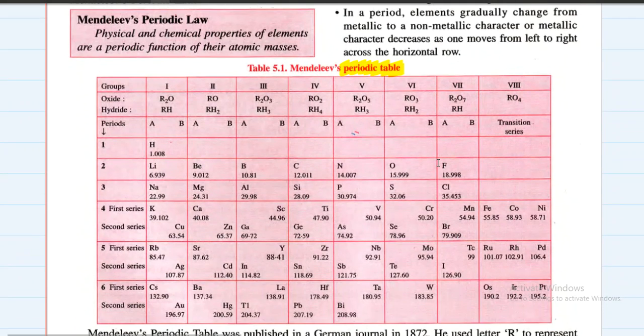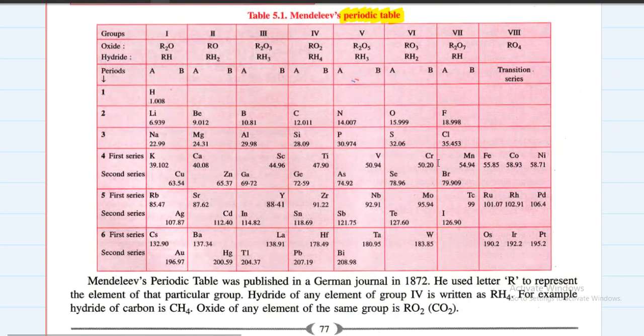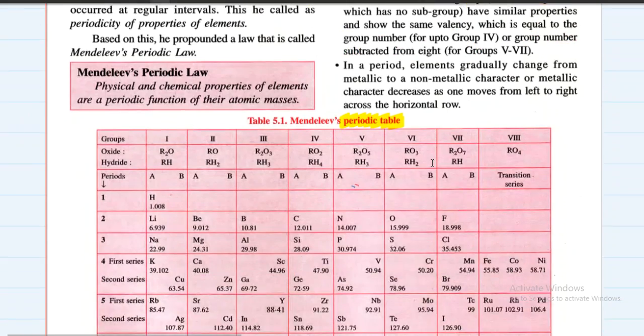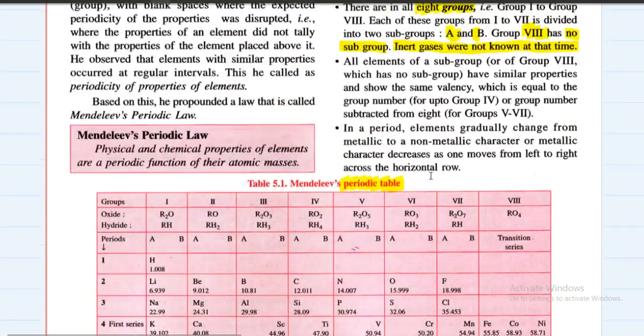So group 1A elements have similar properties, group 1B elements have similar properties. Similarly, 2A elements and 2B elements have similar properties, 3A, 3B. So elements belonging to the same subgroup have similar properties, or the elements belonging to group 8 have similar properties